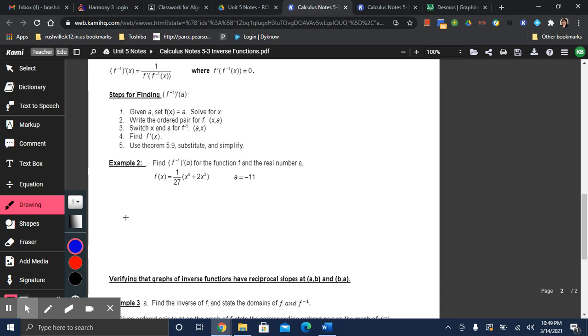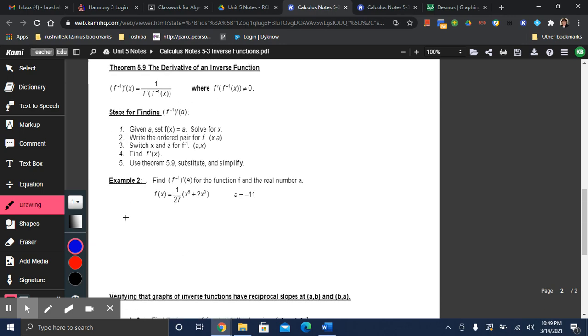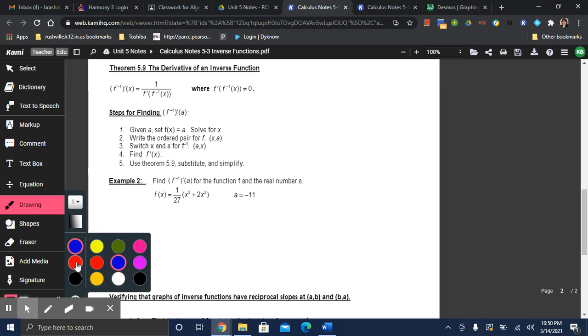So I'll show you a third example later on where we are easily able to do the inverse first and then do the derivative. So I've given you 5 steps, and as I go through this problem, I'm going to go through it numbering those steps for you. So step number 1